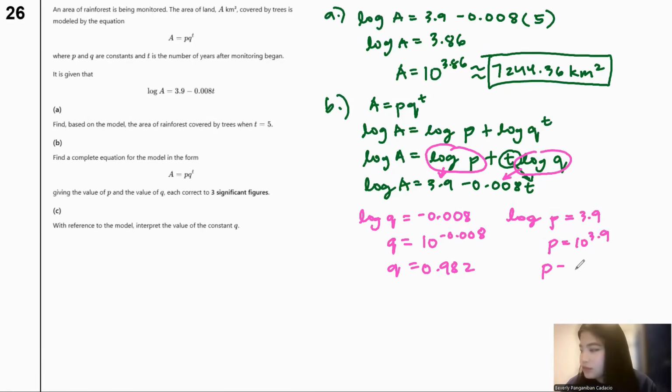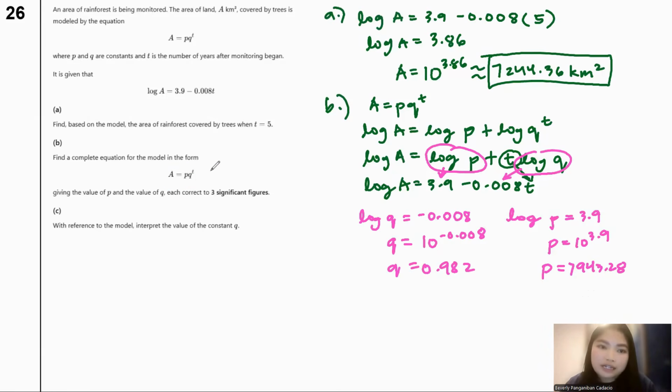When you put that in the calculator, it's kind of big. You can use scientific notation just like in the mark scheme. But for now, I can also put 7,943.28, and that's okay. Both the scientific notation in the mark scheme and this are acceptable. You're not yet done because I want you to write this in this format.